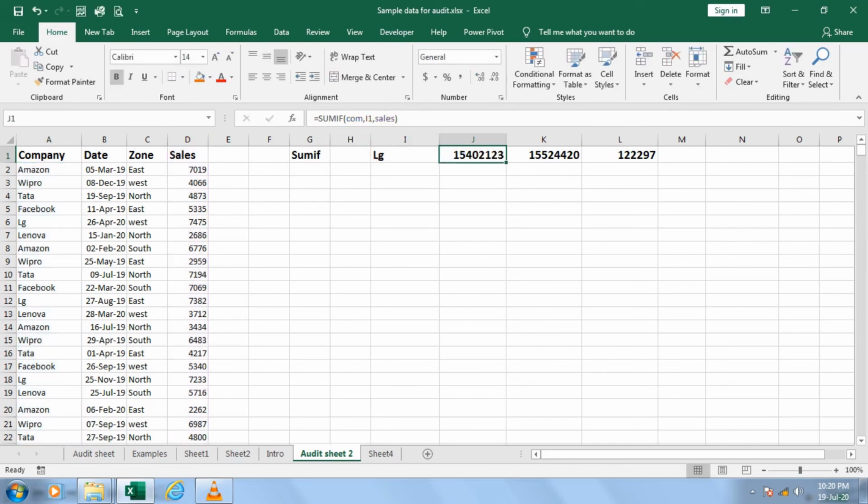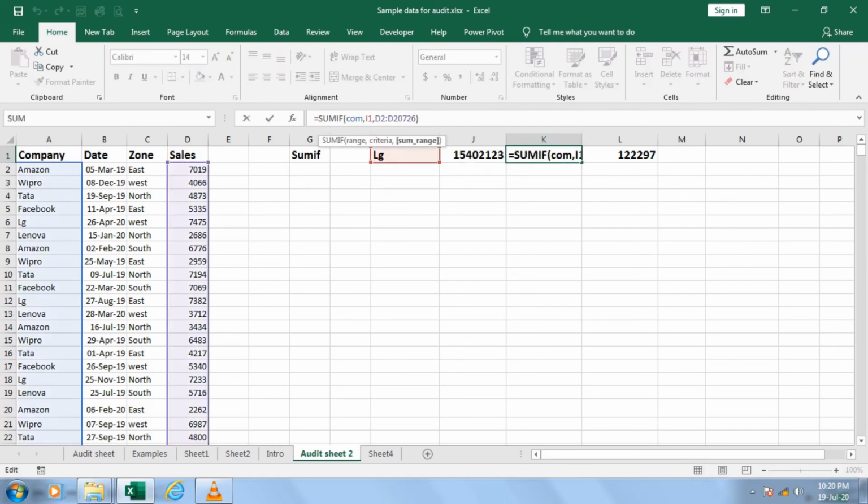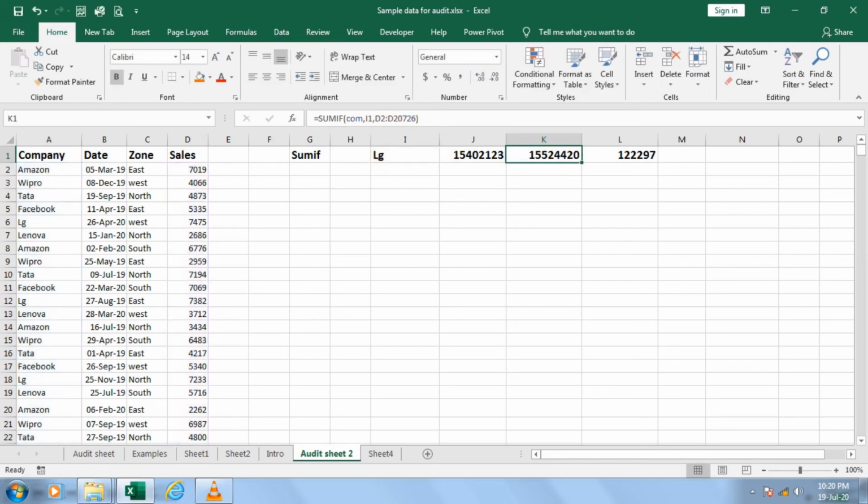Similarly, when I go back to this, see, this is the correct answer, because whether you selected from here or start from here, that will do. So guys, this is one of the major issues in your audit. I hope you have understood the entire case study. This is a second case study through which you can find a very huge error in case of your audit. And this is a very good tool known as SumIf.